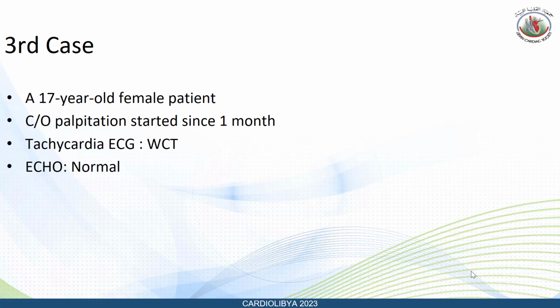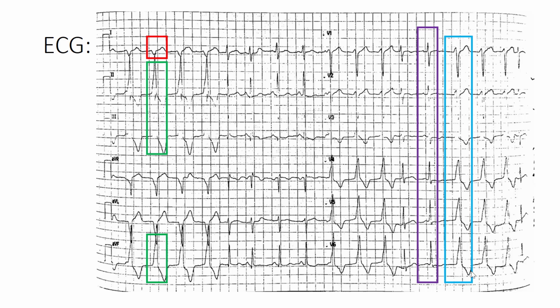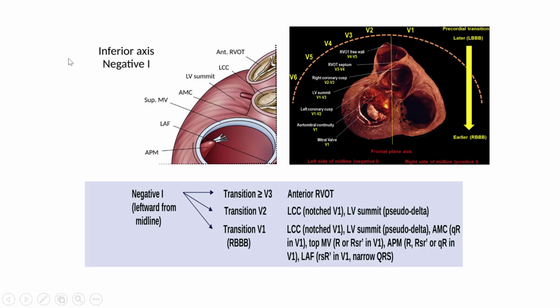The third case is a 17-year-old female patient complaining of palpitation started since 1 month. ECG shows wide complex tachycardia and echo was normal. ECG here shows non-sustained VT. The VT here shows left bundle branch morphology with transition at V3 and inferior axis and negative lead 1. So our differential diagnosis is anterior RVOT, left coronary cusp, LV summit, aortomitral continuity, superior mitral valve, left anterior fascicle,